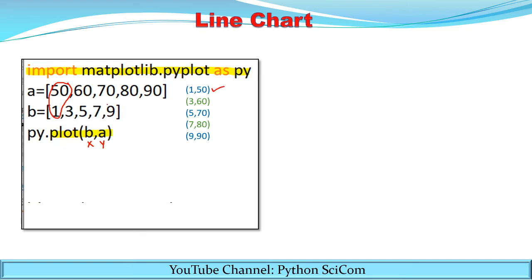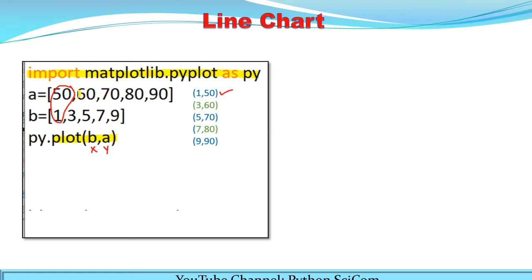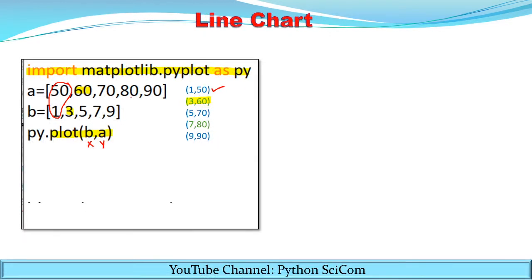The second point that will be represented will be along the x-axis, it will be 3, and along the y-axis it will be 60. So 3 comma 60. The third point will be 5 and 70. Clear? So it will be 5 comma 70.